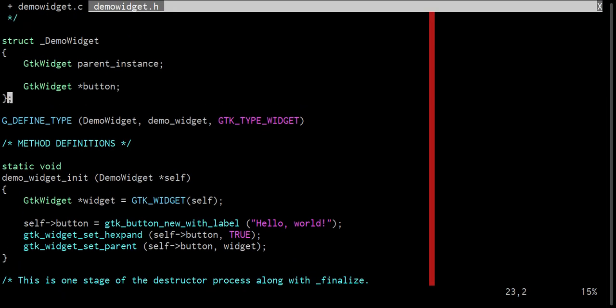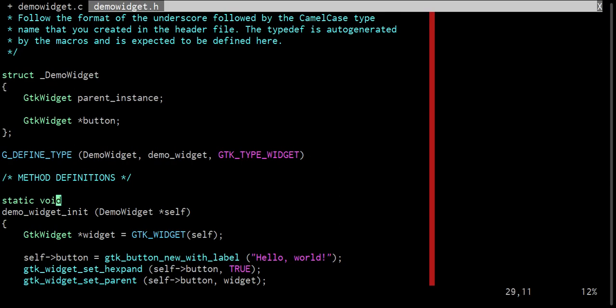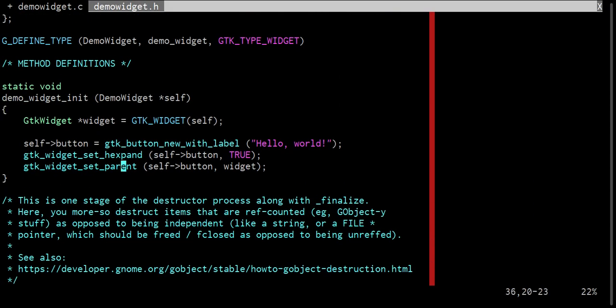And recall up here, we created a pointer to a button in our struct, so that will allow us to do self arrow button. And to actually go ahead and define that. Otherwise, it's going to initialize to null because this is a global structure. Okay. We're going to just run some standard GTK subroutines on our button. We're going to make sure that it expands to fill up the entirety of the widget,